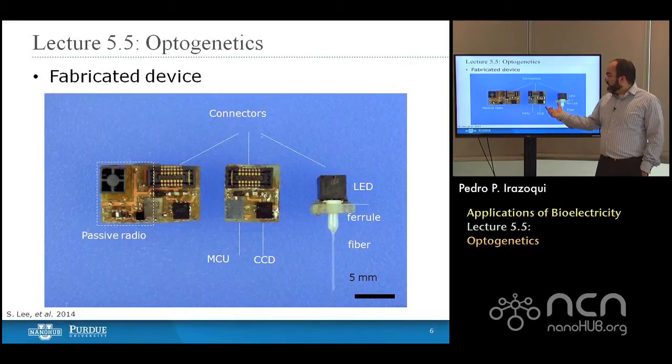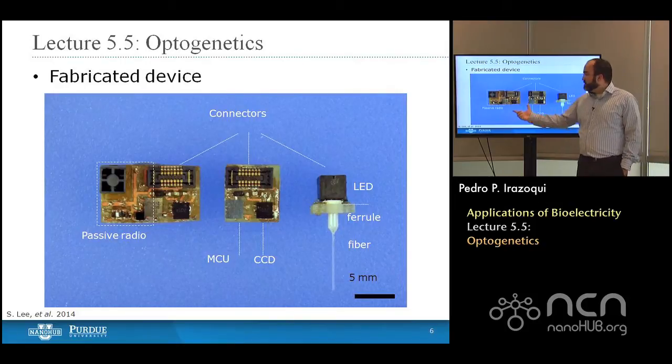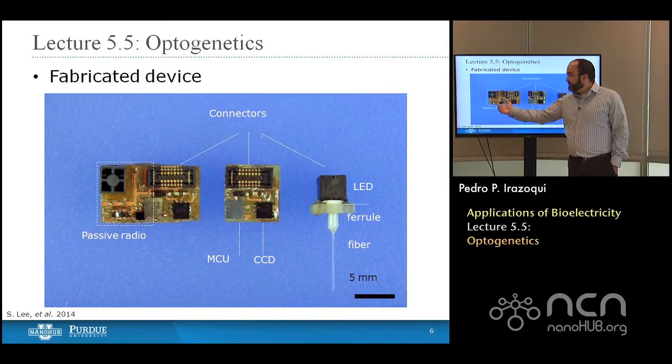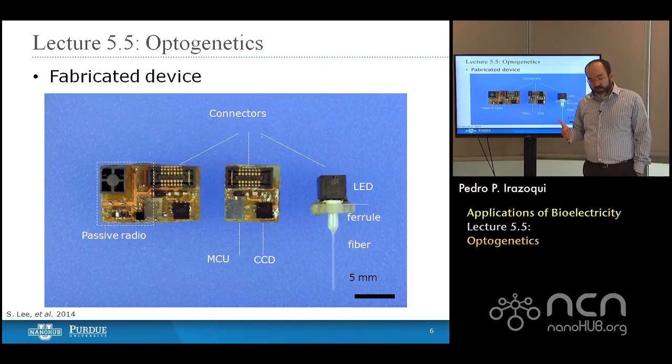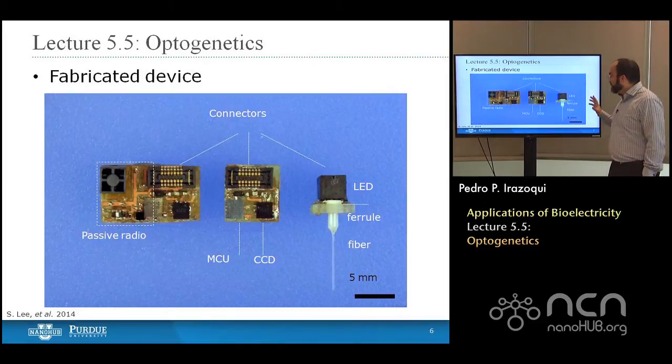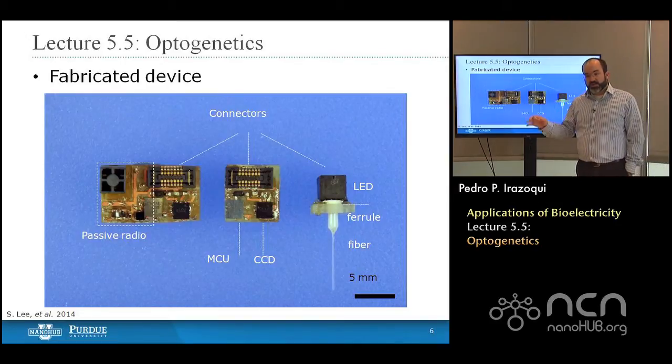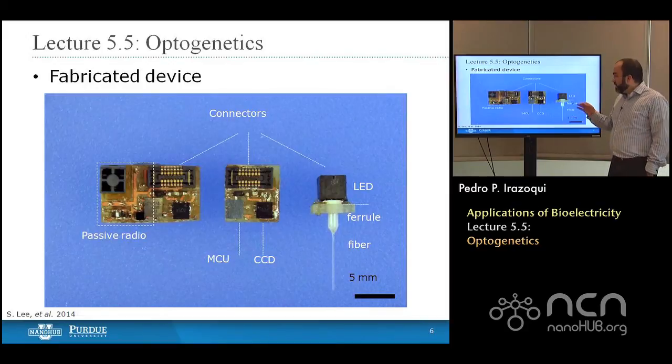And we then have a microcontroller unit on a board that connects to that LED board, and then you have the power board along with the passive radio that allows you to receive programmatic information. So you can tell this device when to stimulate, you can tell it when to stop stimulating. And the first thing we want to do with something like this is begin to characterize it. We know how much light a laser needs in order to excite a neuron that is optogenetic. We need to find out how much light we can generate with an LED.